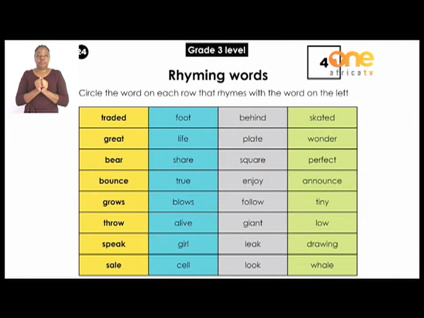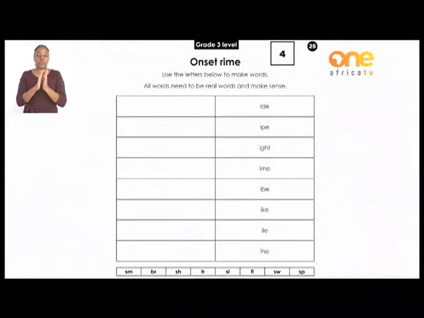Let us move now to page 25. On page 25, we have onset rhyme. This one is a little tricky, so we're going to do this whole exercise together. As you can see, there are two types of tables. One that has blank columns and another one that has sounds, blended sounds together. Remember, we did talk about these sounds before. And so we're now going to use these sounds to match them up with the column that is there.